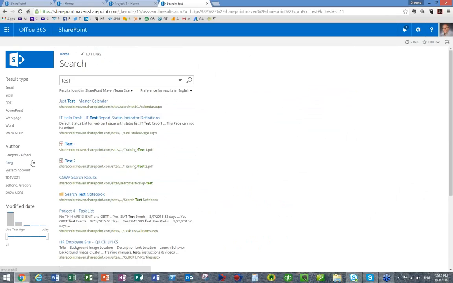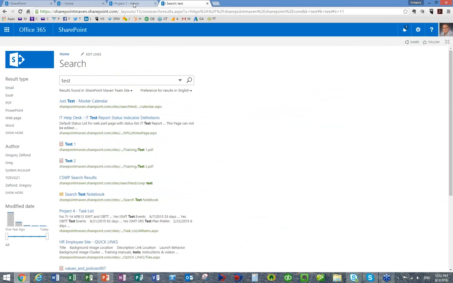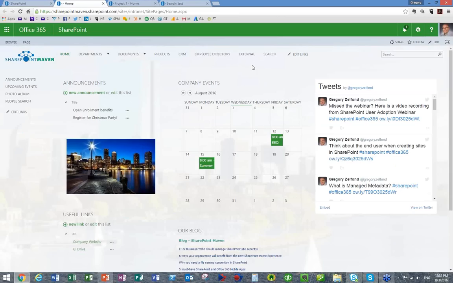And my filters on the left are no help either. I mean, yes, I can filter it by certain properties, but you know what? Not very friendly. Okay, so here is what you can possibly do once you build your intranet, and this is